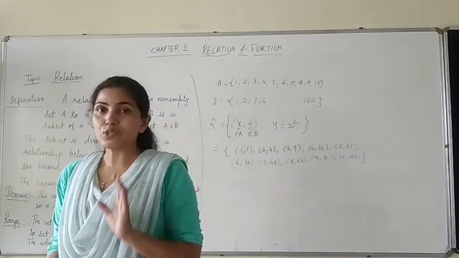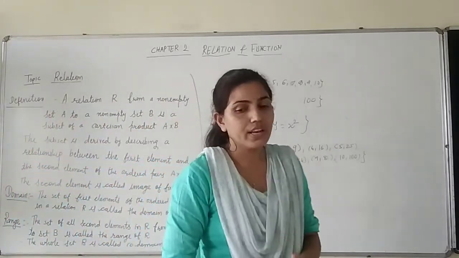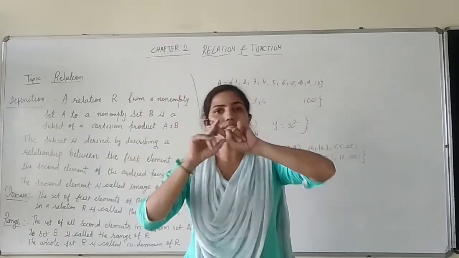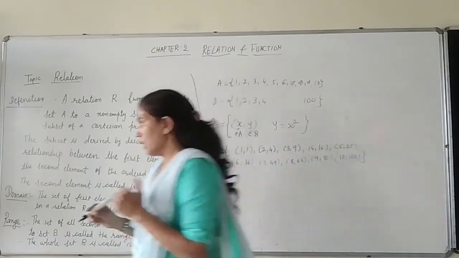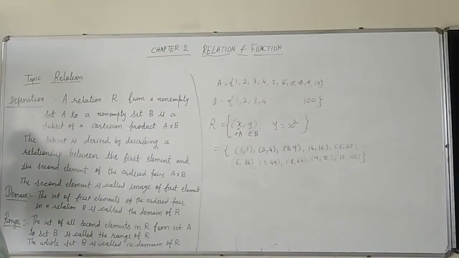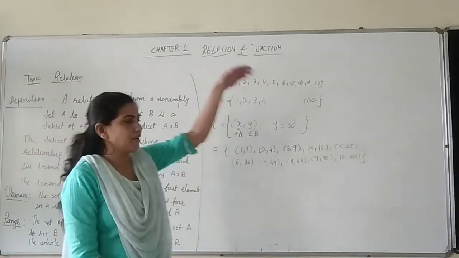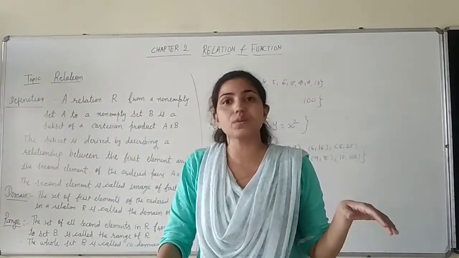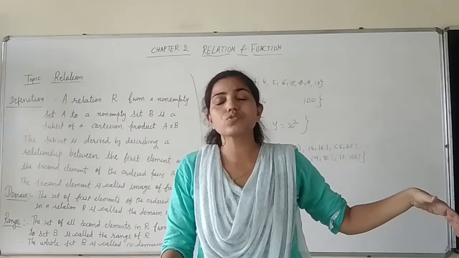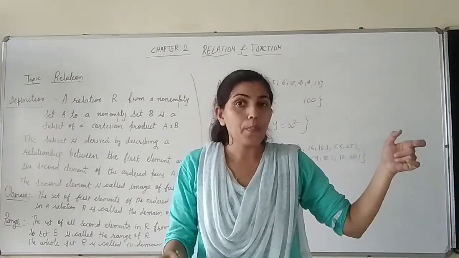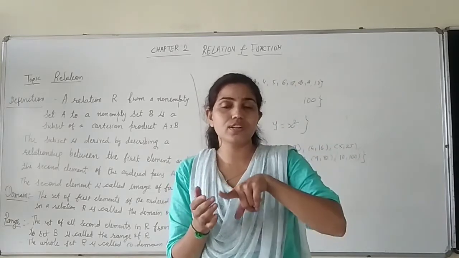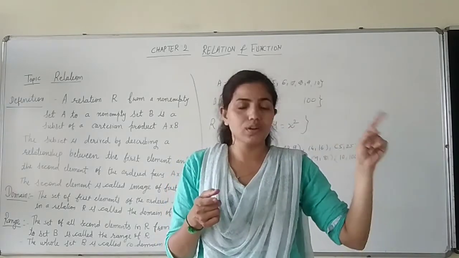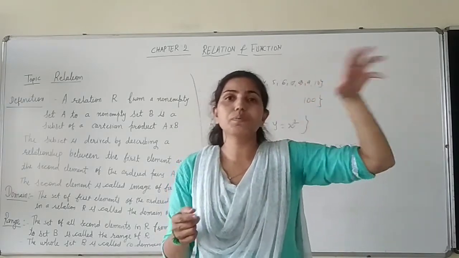So students, you must have understood by now what a relation is. Between the elements of A and the elements of B, we join them with some relation. Suppose I have considered set A as numbers, and B is equal to names. A is the numbers 1 to 50 or so, and B is the names of the students of class 11 science. Now I am going to define the relation. The relation means the number assigned is the roll number of the particular student.